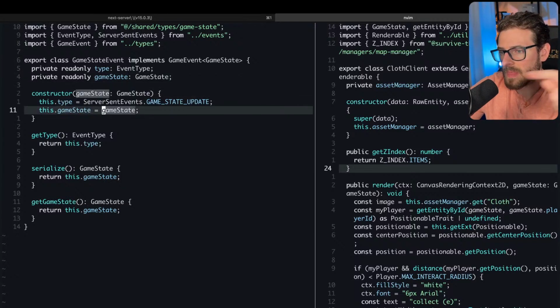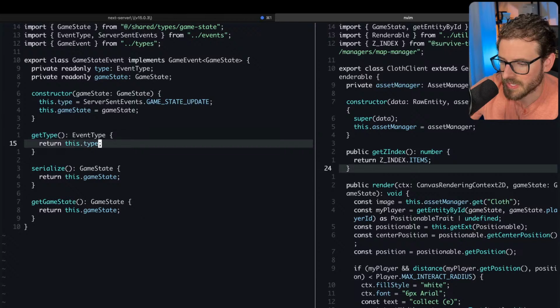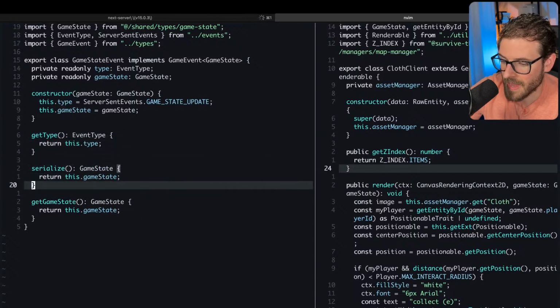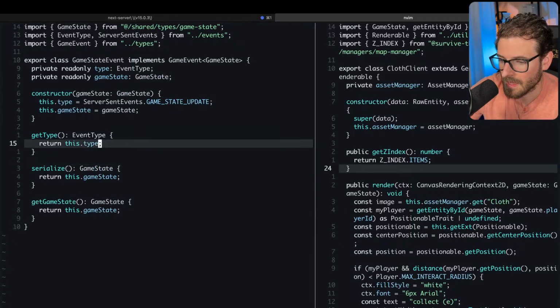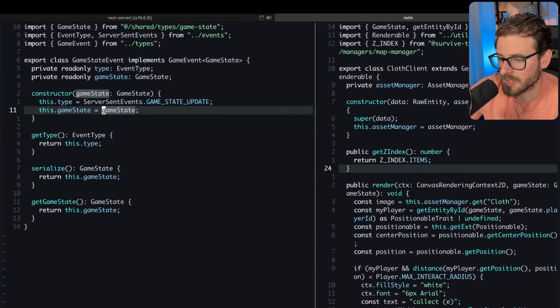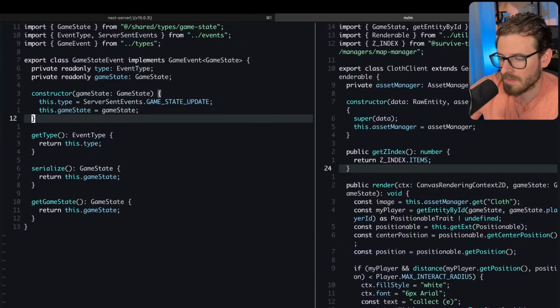And we also send that over to the front end, which is why you see a serialize method. On the back end, it calls serialize to get the one thing it needs to send over across socket.io. And then when it hits the client, this is also used in the client. So this one event class is used on the back end and the front end. It's shared code. We have the backend in TypeScript as well, so we can do this.